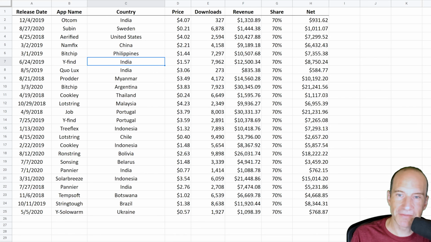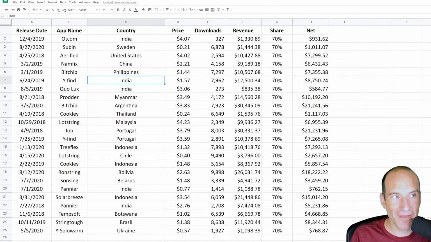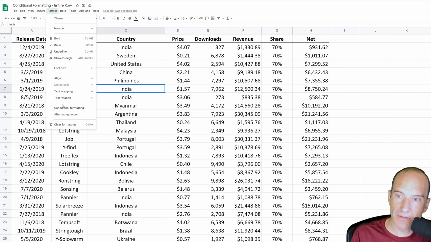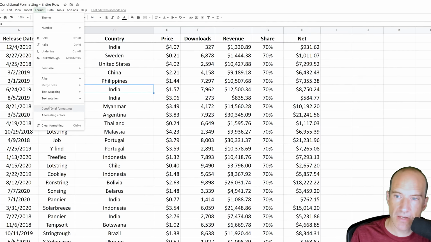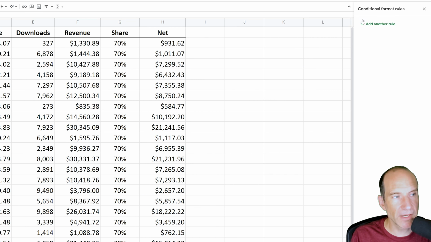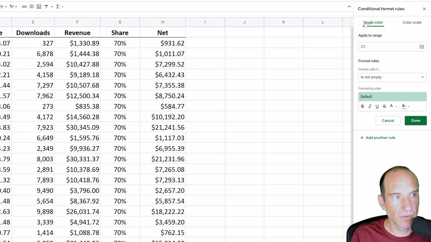So this type of thing is done through conditional formatting. I already have the menu up here on the right, but how you would get that to come up is to do Format and then Conditional formatting. So you would left click on conditional formatting and then come over here and it's waiting for your first rule. So when you left click on add another rule, the first thing that you want to do is just specify